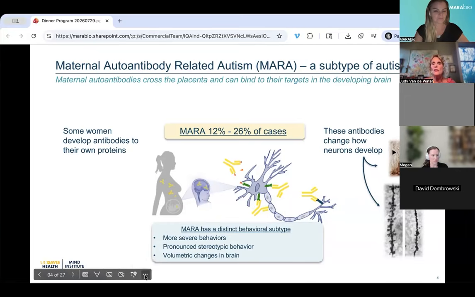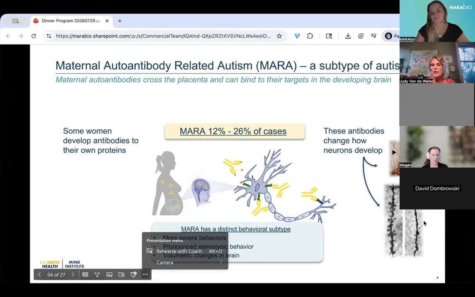And on the right, you'll see two pictures of neurons. One on the top is these early developing neurons showing that they are positive for these antibodies. And this is in the developing mouse brain. And down on the bottom, these are adult neurons from animals that were exposed during gestation. And you can see on the left, a healthy neuron with healthy dendritic spines. And on the right, you can see a MAR exposed neuron, which has very rudimentary spine development. So we're getting some weird stuff on the screen here.